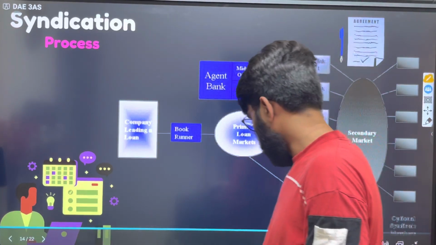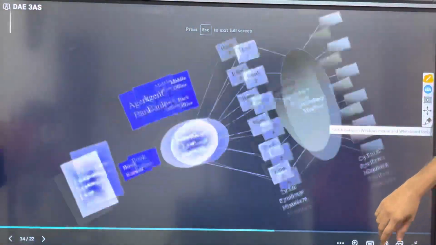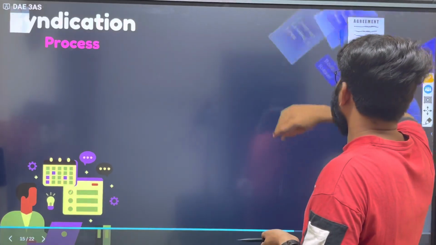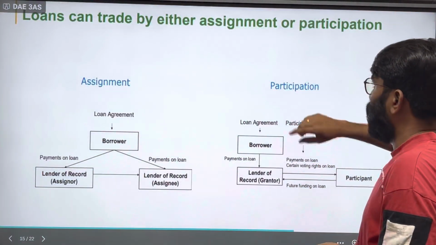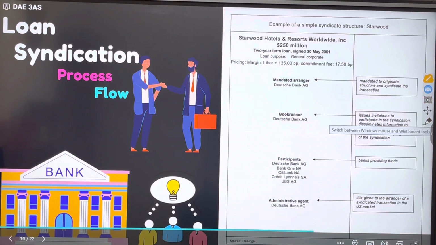And in a process, if you see, how this particular loan process is executed in the corporate world. If you ask me, I'll explain that as well. So this is the example where, if you see,